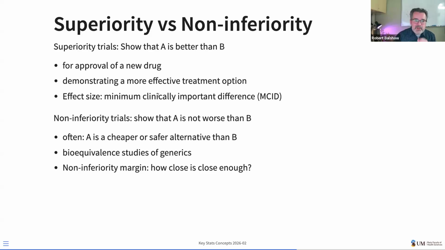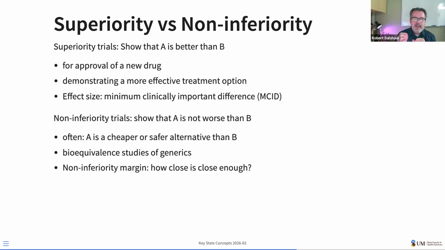But establishing that a trial would be done if the difference is this big, and sorry, I'm now using my hands in the little picture, but the difference is this big, and we would not be all that excited if the difference was smaller than that. That's the number that we need to establish. That's the number that will tell us whether the trial is being planned to find the thing that is going to make a difference. And anything bigger than that would be great.